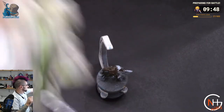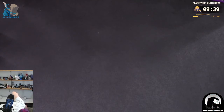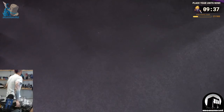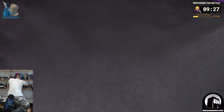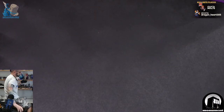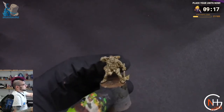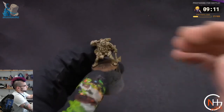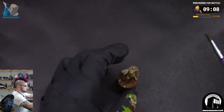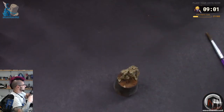I'm still waiting for that to dry here. I'm going to put him down in the fan stream so that way the fan will hit him and dry him out a little quicker. Meantime, let's see if there's something else I can paint. Sometimes I feel like I think I painted just about everything else I have. Here's another one. I did this primed and then just a wash to bring out the details on it. Again, this is another Redbox Games miniature here that I've had sitting here for a long time. Let's try to give him a slightly different skin tone here. Not quite lightification on any level, but